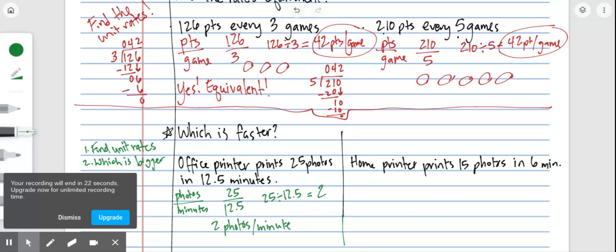Home printer is 15 photos in 6 minutes. So again, photos per minute. We've got 15 in 6. So we do 15 divided by 6. This one I can actually do by hand because they're whole numbers. 15 divided by 6. But I'll continue it